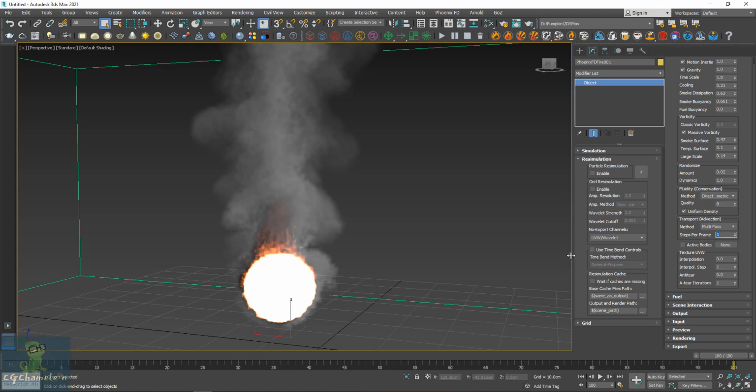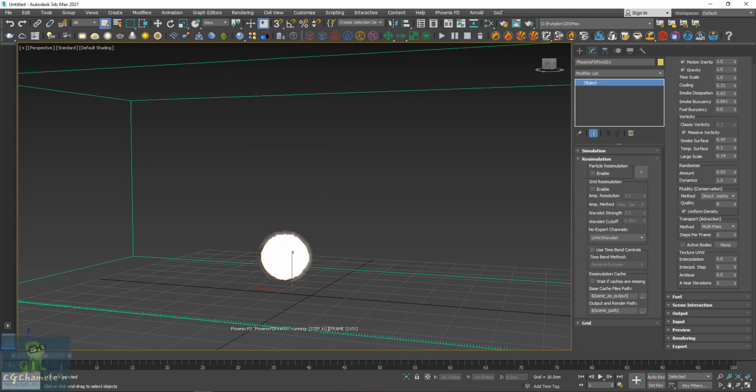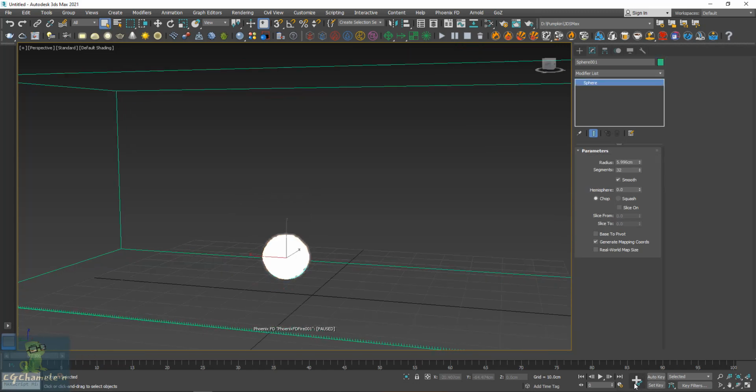Here the steps are important, especially for faster movement. By default, as you have noticed, if we resimulate, it simulates one frame at a time. So for each frame, it simulates one step. But when the movement is fast, like if we have this ball,